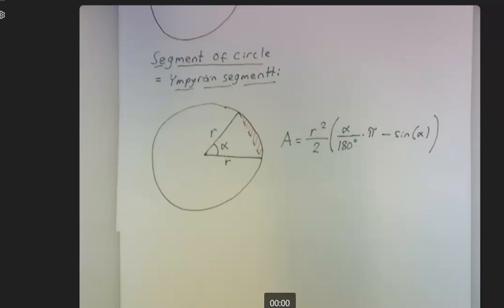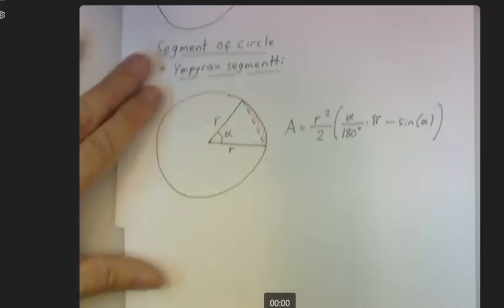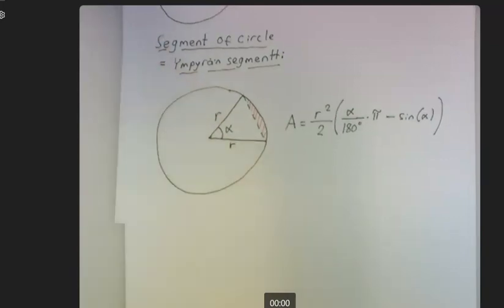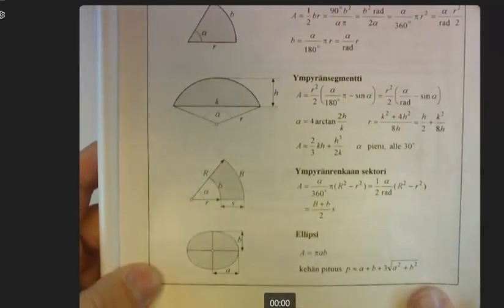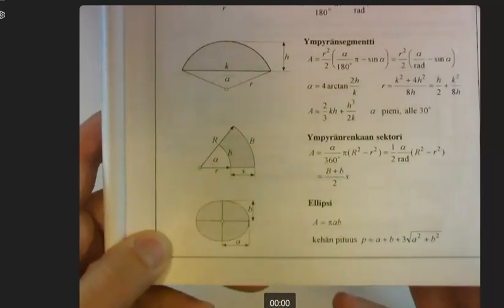So I think those were the most common area formulas. There are also, for example, in this book, ellipse, and